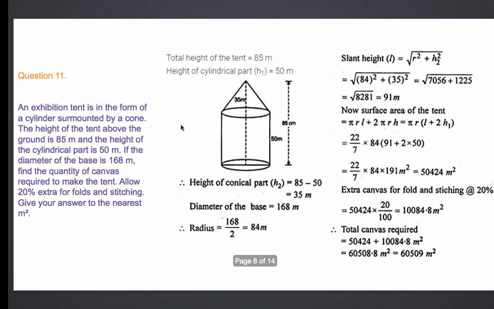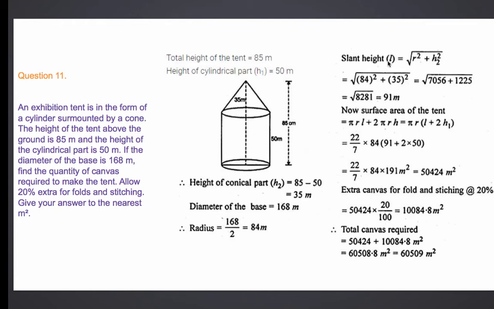Yes, students. So we are given the height value for the cone and the cylinder, the diameter of the base is given, and the radius we have calculated. So the slant height we will calculate. Why? Because as I said, the curved part is needed. So curved surface area of cone, what's the formula? In the beginning of class I discussed with you all, it's pi r l, and that of a cylinder it's 2 pi r h. So let's work it out.